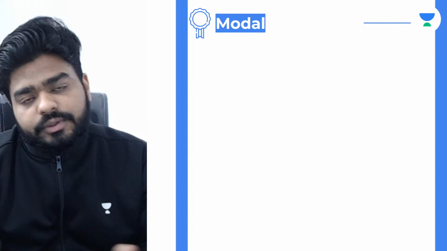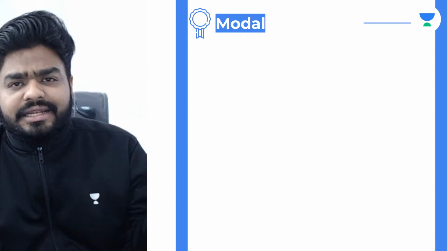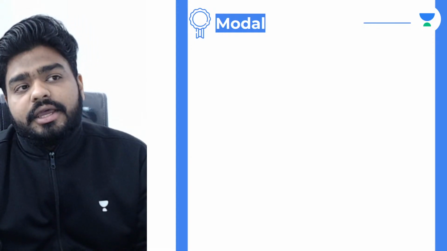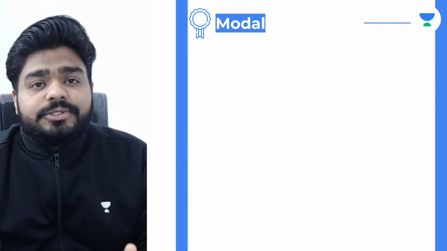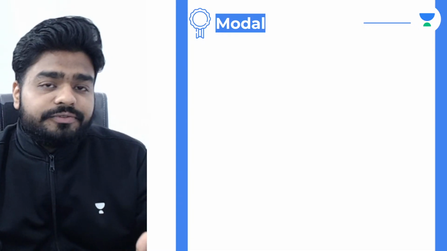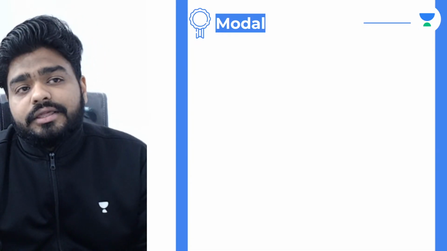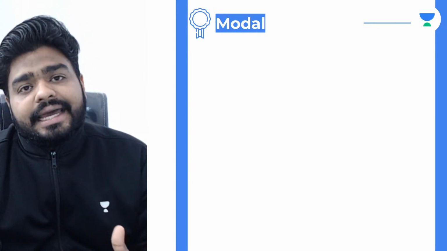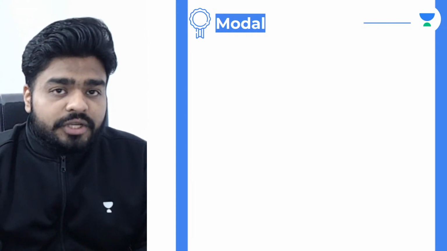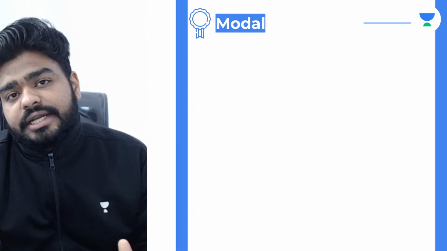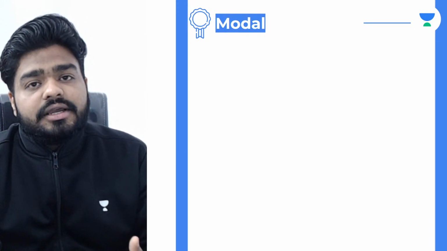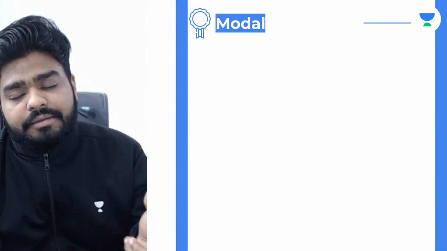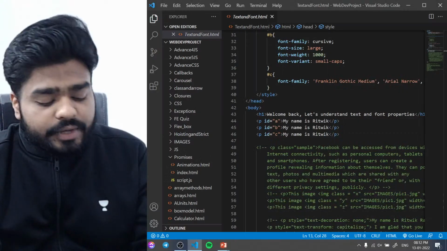Earlier it was not, because only HTML, CSS and JavaScript, mainly ES6, were really important. But now Bootstrap is also coming into the picture because of Bootstrap 5. Why am I pointing to Bootstrap 5? Because Bootstrap 5 is the latest version of Bootstrap, and it does not have jQuery in it. Earlier versions of Bootstrap had CSS and jQuery, like the CDN links we use for Bootstrap in our programs, right? If I show you one of my programs, you can see here,